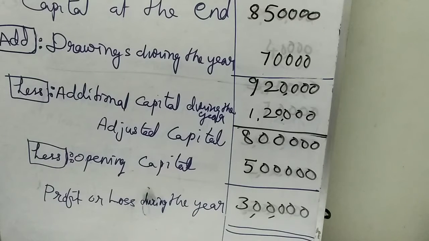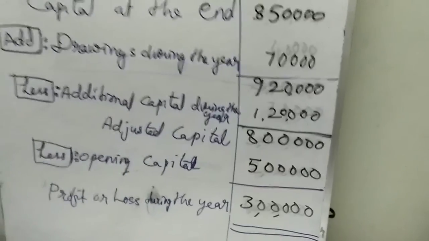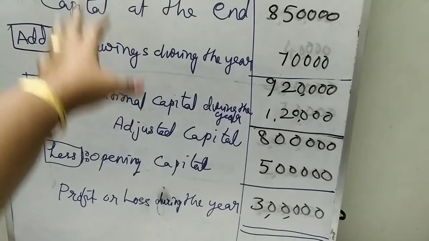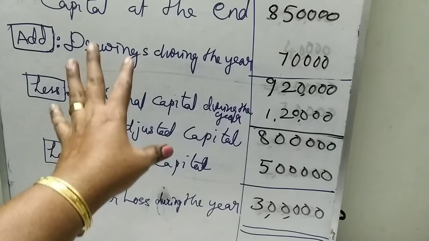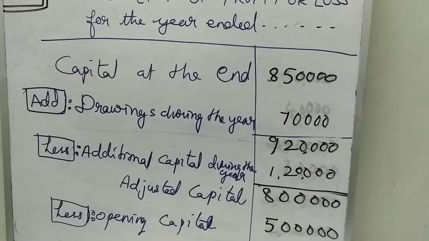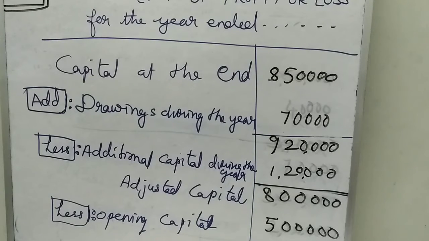I think all of you understood well. If anybody has any doubts, please put your doubts in the comment box. Okay. So this is the first exercise as well as illustration. First you learn the statement. The statement I already showed. First you learn that. Then you start doing the sums. Read the second exercise.